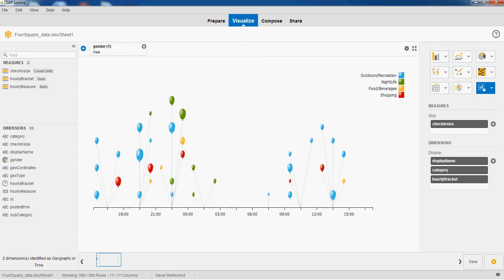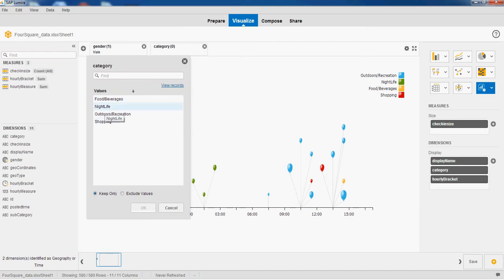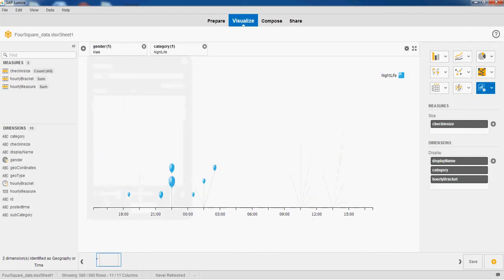I also want to see only nightlife places, so I go into category, select nightlife, keep only. Yeah, so we now have a new visualization filtered based on nightlife and males.